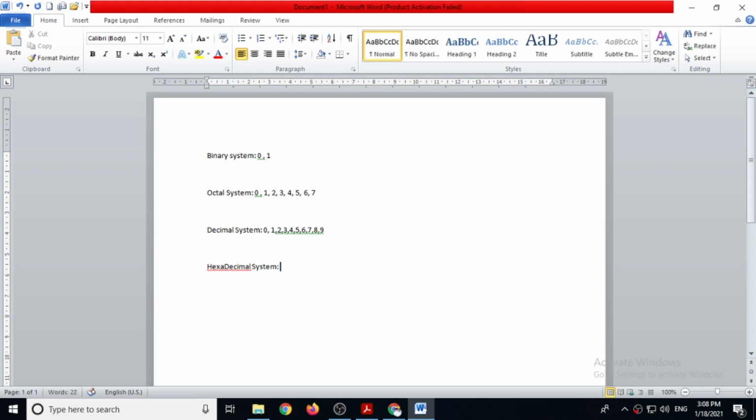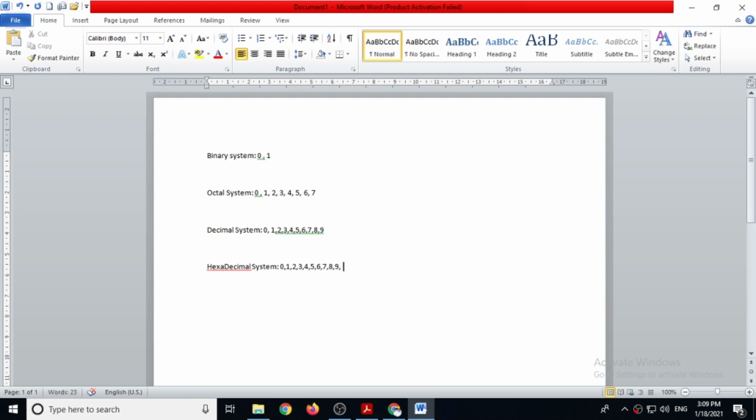In hexadecimal there are 16 digits. Decimal means 10 and hexa means 6. So total there are 16 digits. So 0, 1, 2, 3, 4, 5, 6, 7, 8, 9.